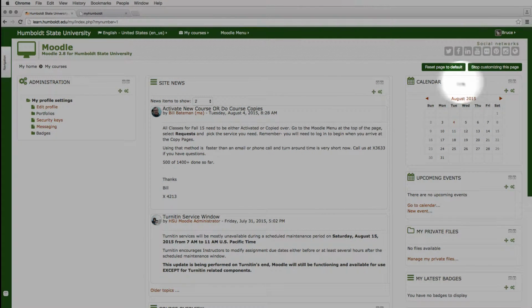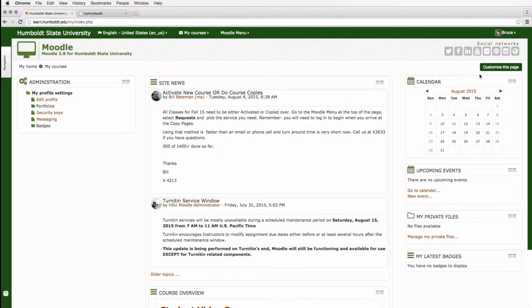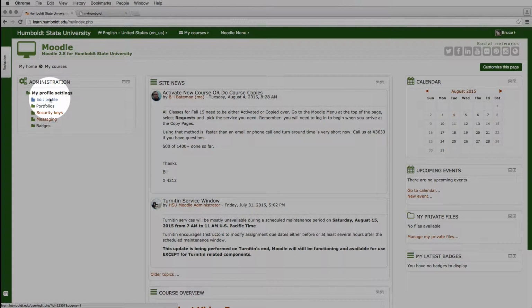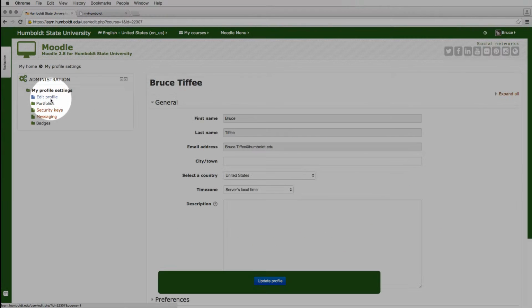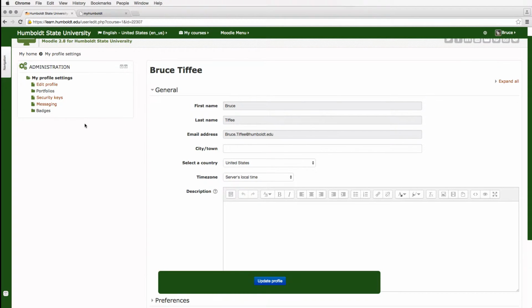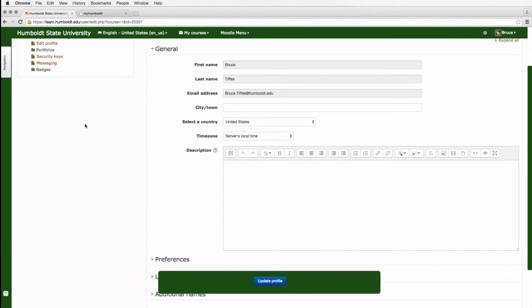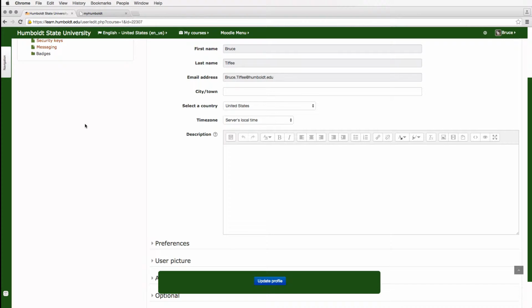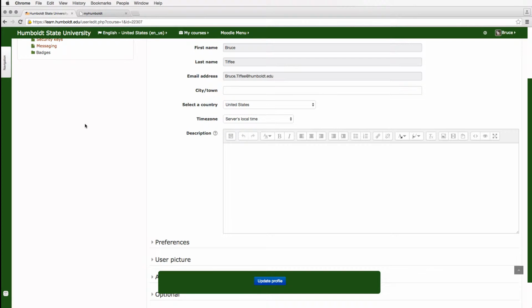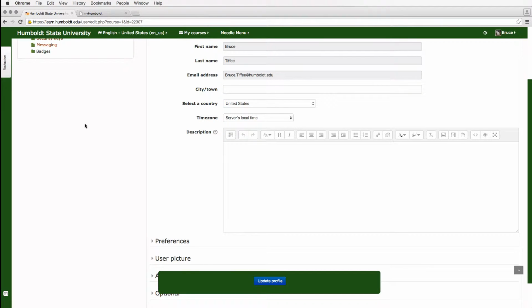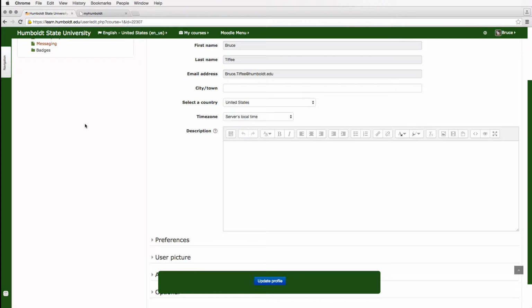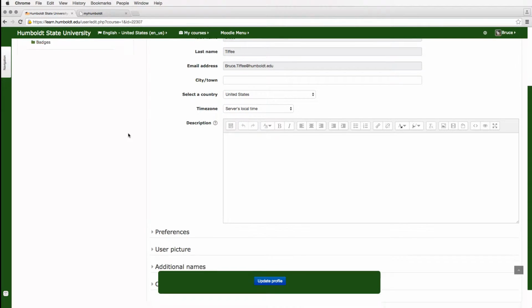To edit your profile, and this is kind of important, let's do it here because it tends to bounce you out after you edit. Left-hand column, Administration, Edit Profile. Give it a click. Now this top portion of the page, please don't change. Moodle will just change it right back, and you'll end up causing some difficulty, especially if you mess around with the email address.